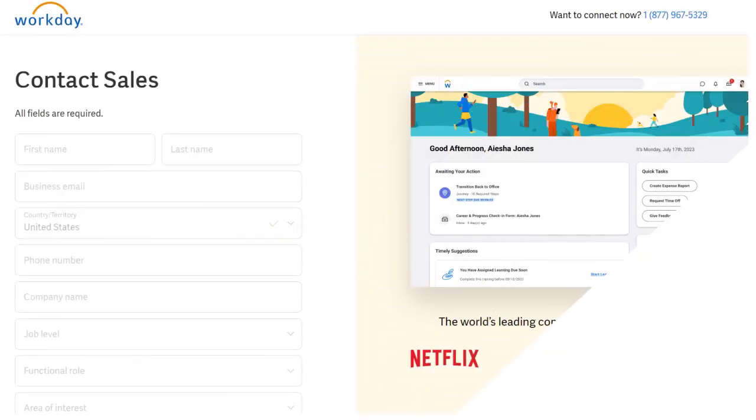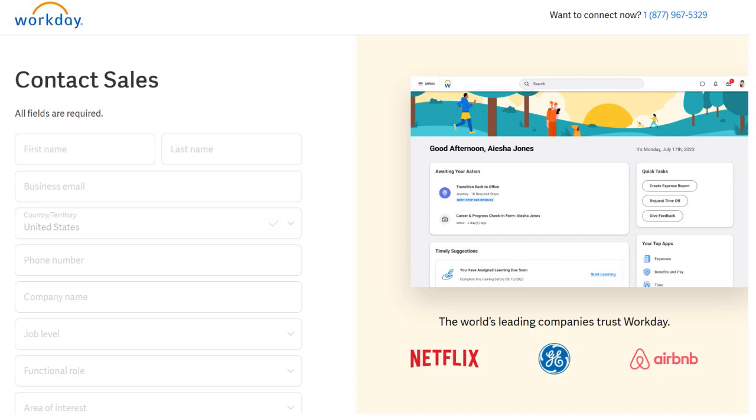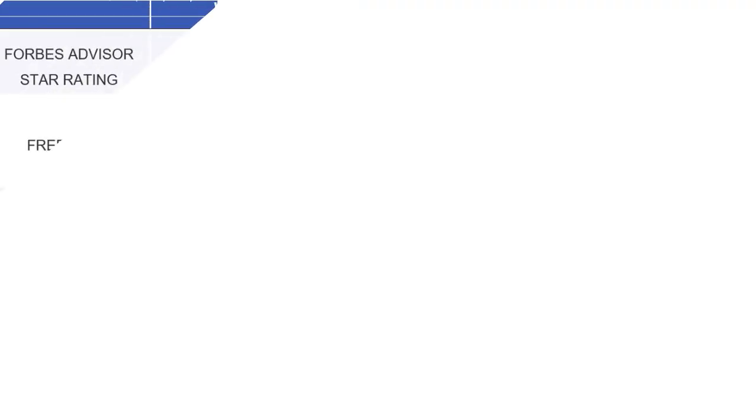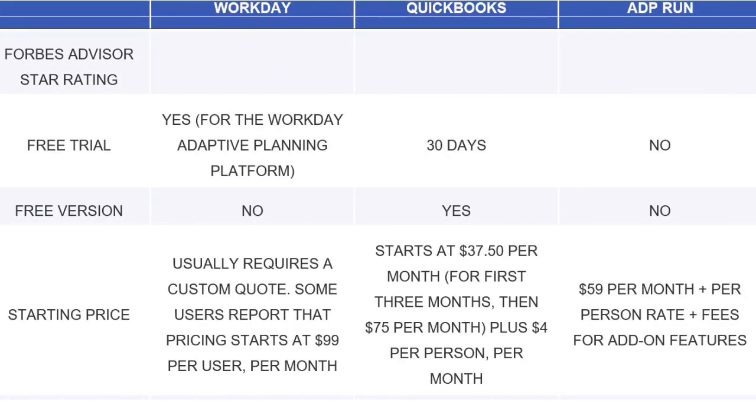So as you can see on the screen here, when we talk about this player, pricing is not available. They want you to contact sales. I mean, this is the kind of game they all play anyway. And so when we talk about Workday versus QuickBooks versus ADP Run, for instance, we can see that really Workday seems to be more expensive than QuickBooks or ADP Run. Now, of course, it's not the same target audience, but one thing for sure, at least